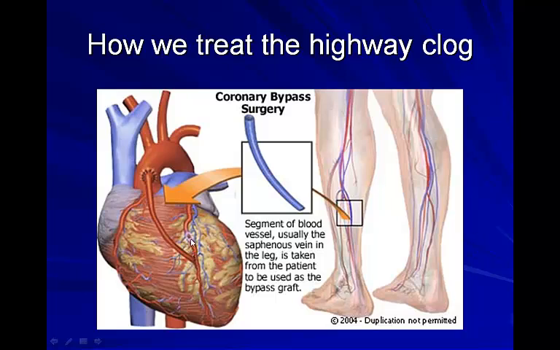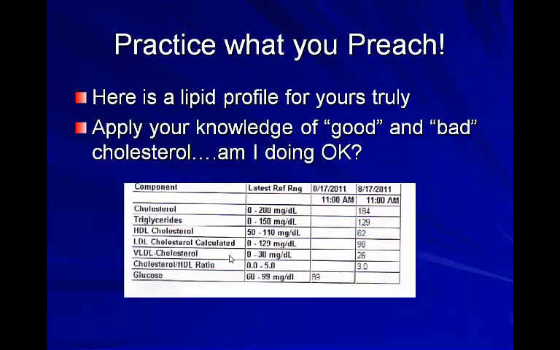If somebody gets a stent in there, it's usually a little metal mesh that once they get it in there, they will expand it to open that vessel wider to allow blood to go through. So those are some different ways that you can treat a victim of a heart attack or help stave off the chances of a heart attack. So that's what we're referring to when we talk about those plaques building up.